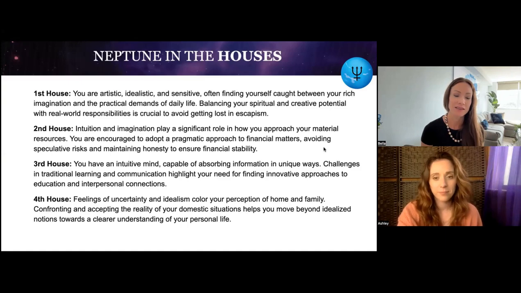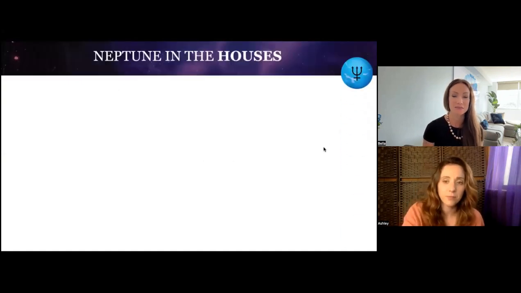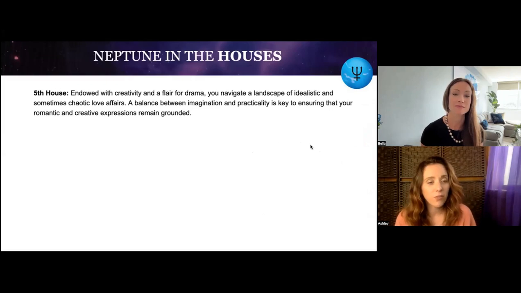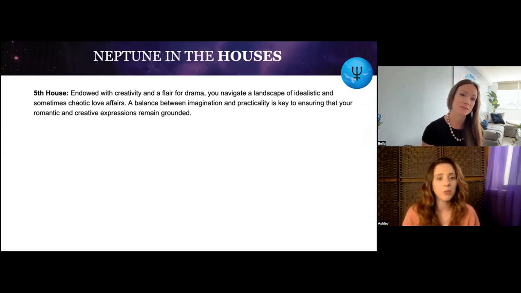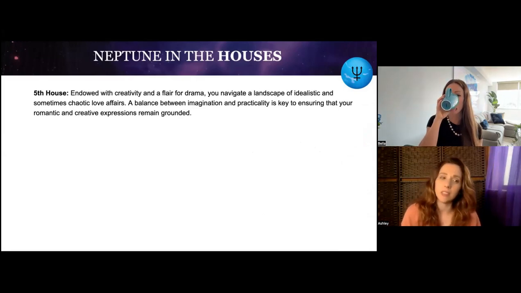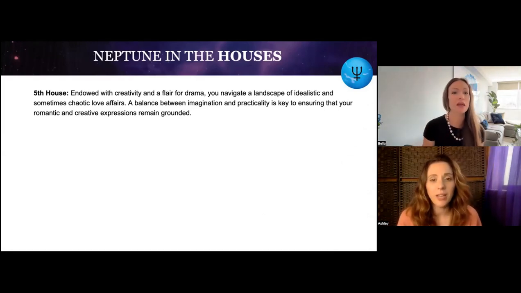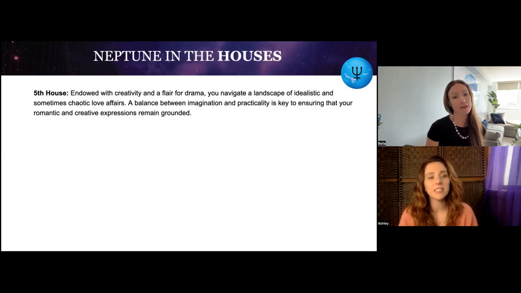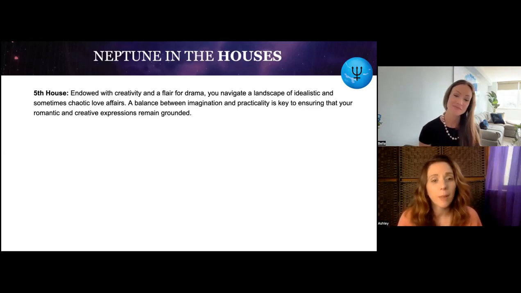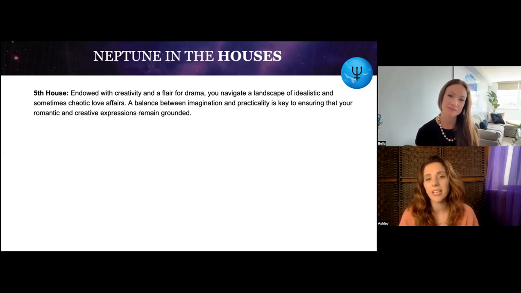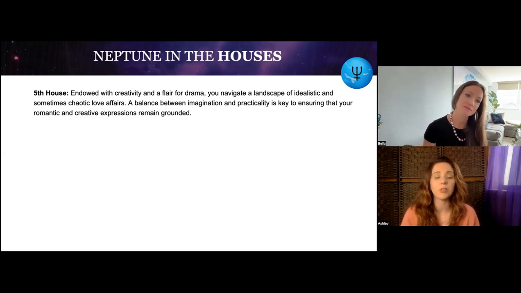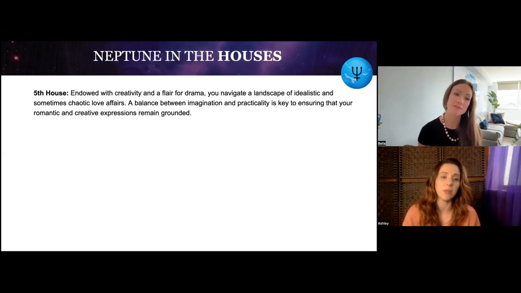So let's look at it in the fifth house. The fifth house is endowed with creativity and flair for drama. Fifth house corresponds to Leo, so we got some drama here. You navigate a landscape of idealistic and sometimes chaotic love affairs. Leo's very passionate. A balance between imagination and practicality is key to ensuring that your romantic and creative expressions remain